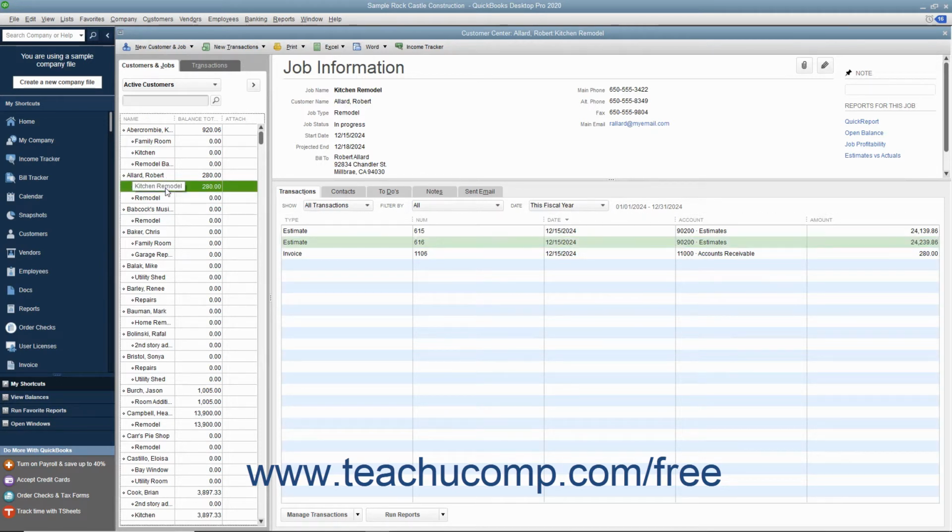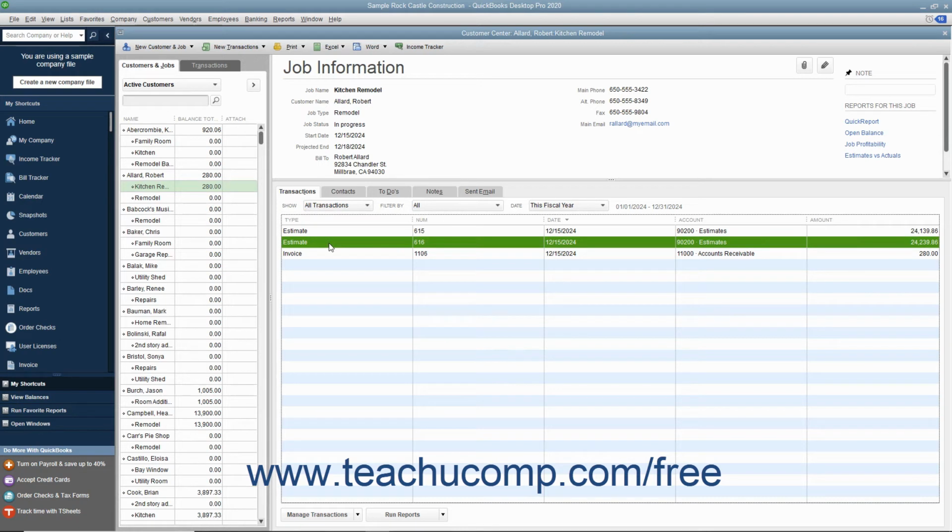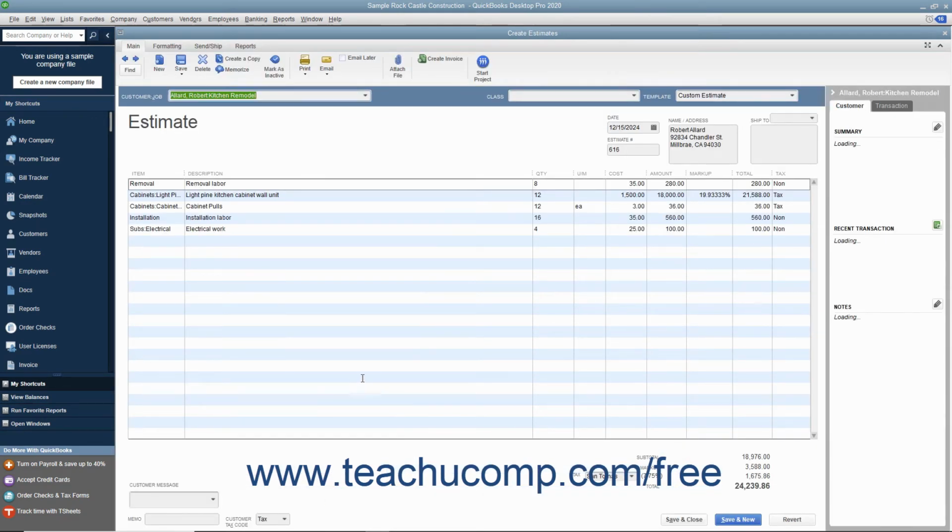You can see the estimates for the job appear on the Transactions tab at the right side of the Customer Center window. You can select the desired estimate to inactivate within the list shown in the Transactions tab, and then click the Manage Transactions button at the bottom of the Transactions tab. Then choose the Edit Selected Transaction command from the pop-up menu that appears to open the selected estimate in the